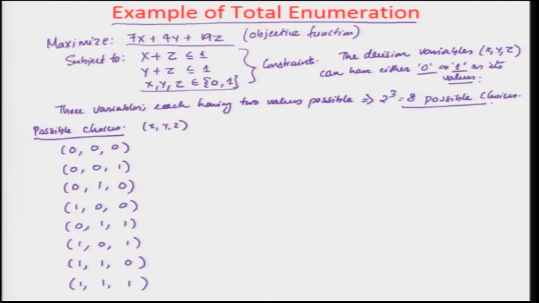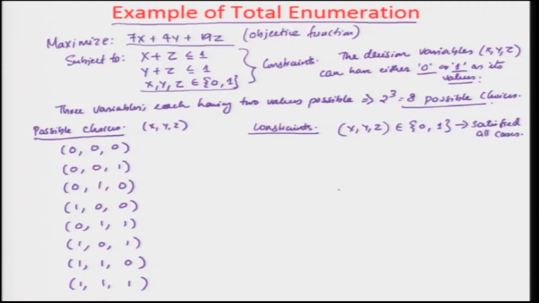Now, let us see in these cases what the values of the objective function are. So, now let us say constraints. Let us see if you put the value of 0 and 0. Let us see the first constraint, the two constraints. This satisfies x, y and z, these variables being elements of 0, 1. This is satisfied in all cases.